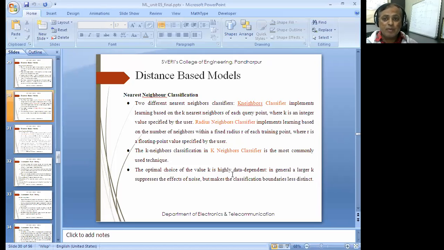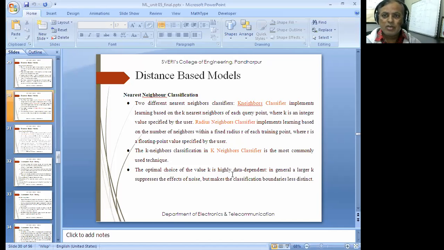So k की values पे भी हमने discussion किया था कि k की value ज़्यादा हो गई तो क्या हो जाता है, कम हो गई तो क्या हो जाता है. So हम ज़्यादातर large भी नहीं ले सकते, small भी नहीं ले सकते, तो उस केस में हमने k5 लिया था. आप k3 भी ले सकते हैं मगर 3 से कम नहीं होगा, 5 से ज़्यादा भी नहीं होगा, because larger k suppresses the effects of noise.